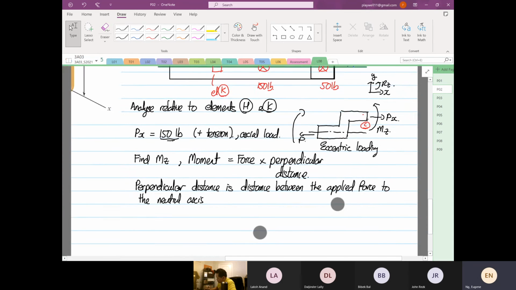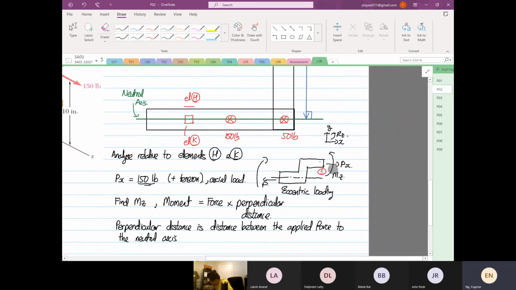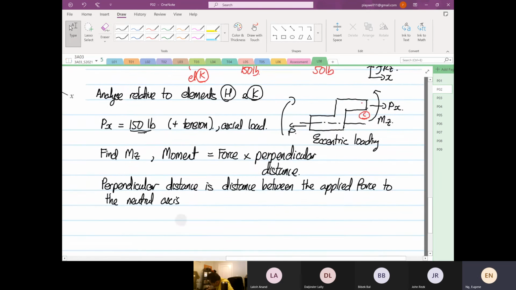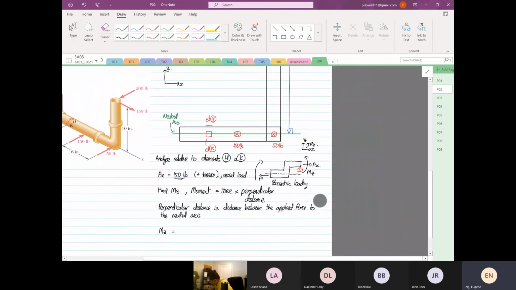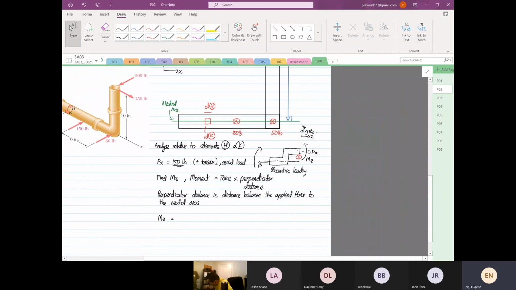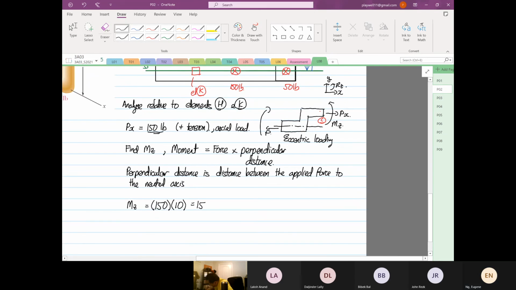Okay, so for this case, we know that MZ is equal to force, which is 150 pounds, multiplied by perpendicular distance of 10 inches. So this is equal to 1500